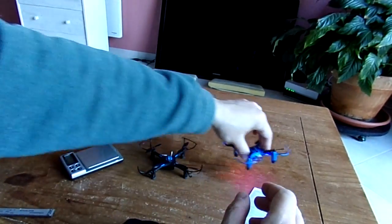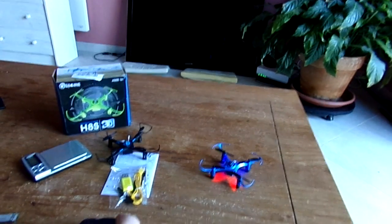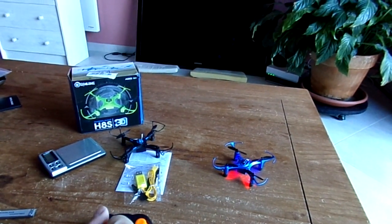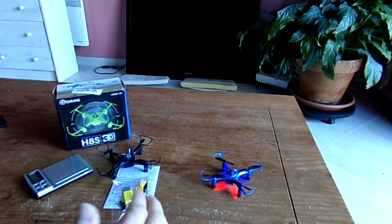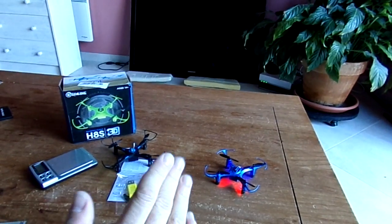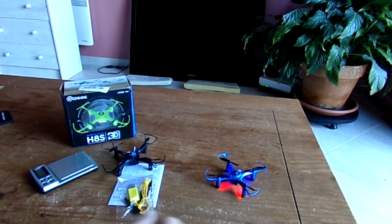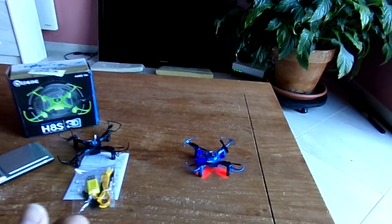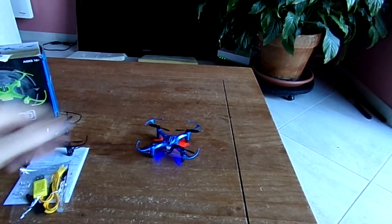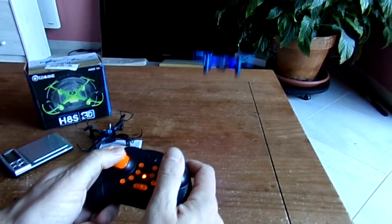Concerning the two speed modes, I would say the first is already offering some good rates in pitch and roll, and the yaw is already fast. So in my point of view, it's lacking a third mode, an intermediate between the first and this actual second. The second one is what I will call the crazy yaw rate. I will make a demonstration now. So I will press the button. You will see that